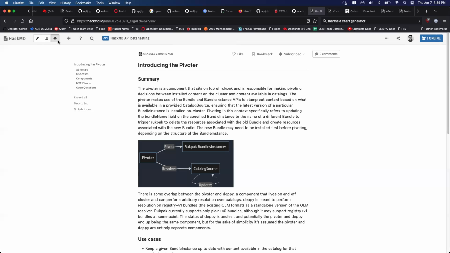It's really difficult to make sense of what an upgrade graph is going to look like after you've been iteratively adding bundles to it over time. It's almost impossible unless you know how it was created and can look at it yourself and rebuild it. So because of that, I started experimenting